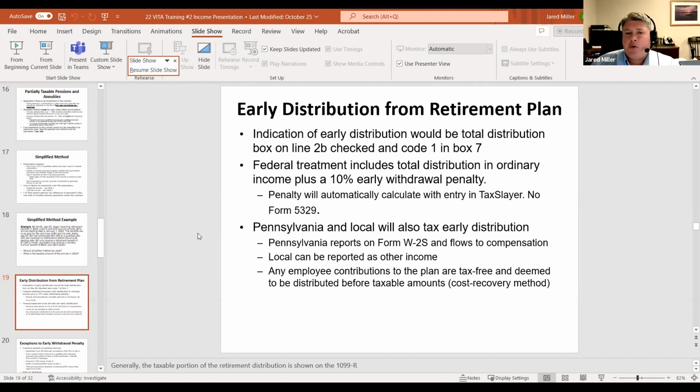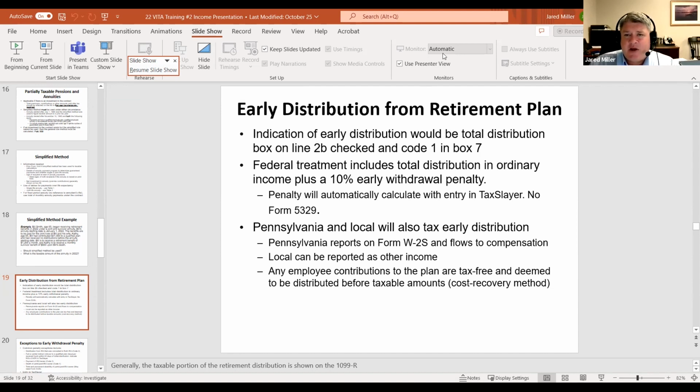Their other options would be to either roll that money over from the former employer to the new employer's account, or to roll that money from the former employer to an IRA account. Those last two options are going to be tax-free and penalty-free. But unfortunately, a lot of people take that early withdrawal and take the money out of the account. If that happens, it's going to be an automatic 10% penalty. Unless we want to try and reduce that, it's automatic. You do not need to do anything else.